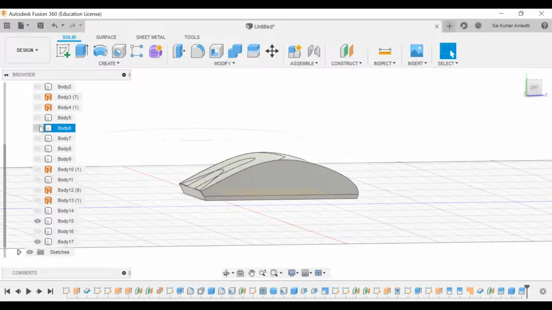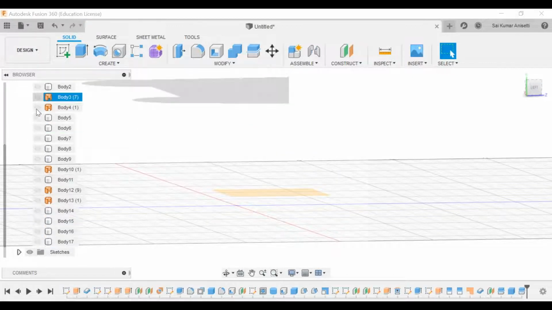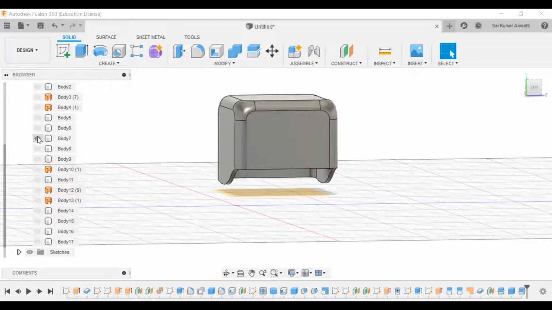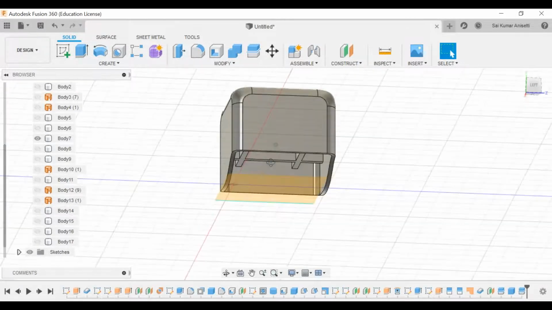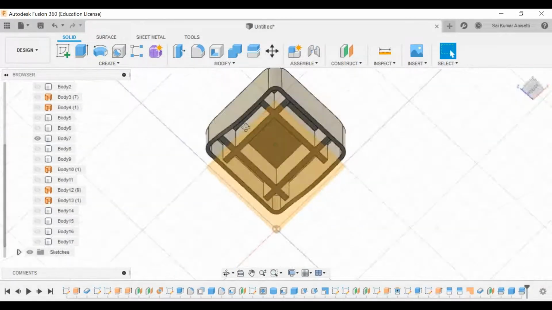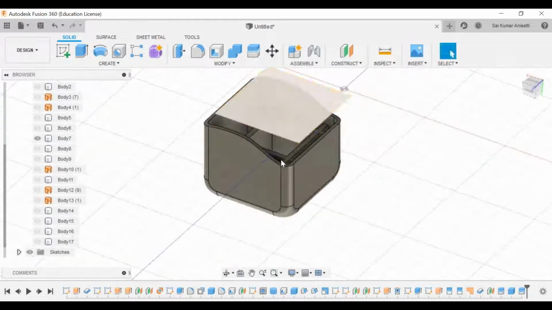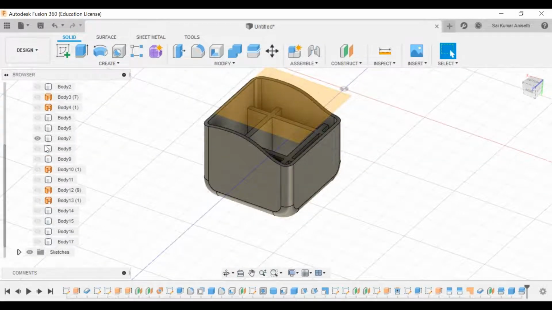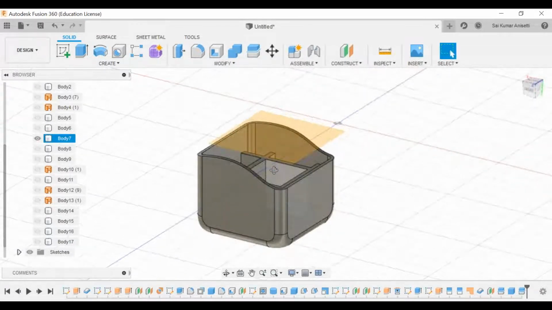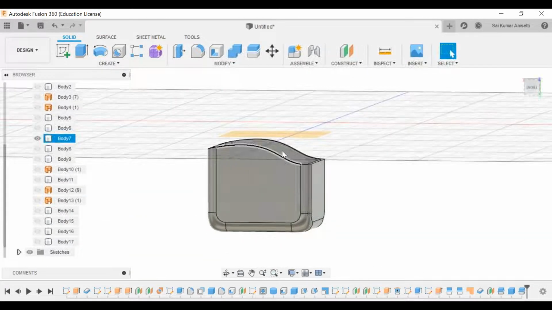See, for example, if I go to body number 6, where I'll just hide everything. So go to body number 6 or somewhere where it is body number 7. If I want to have the second half, where the second half is gone, it is not there actually with me. See, if I click body number 8, it is some different body. The second half, where did it go? It is not there, right? It has replaced that face with this.